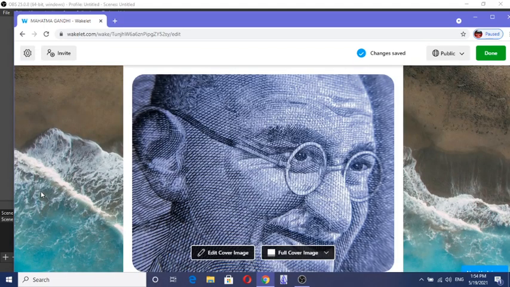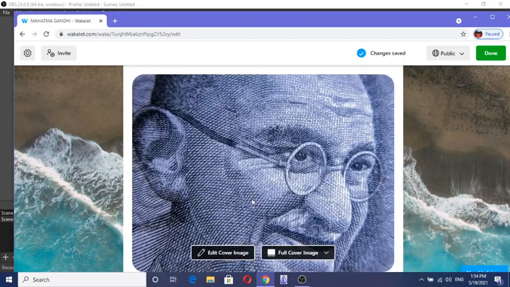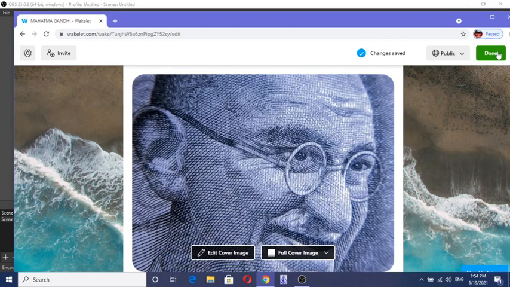Now see, it is visible on both sides. This one is a picture of Gandhiji and this one is the background. This one is the cover image, this one is the background image. And after doing all these, just click on the right hand side green button, done.